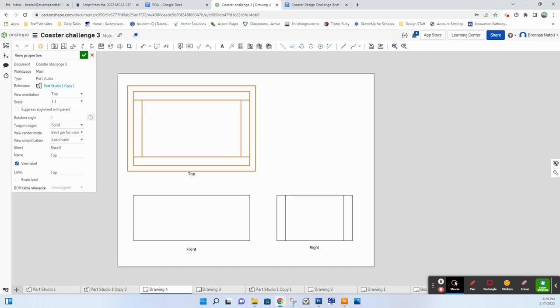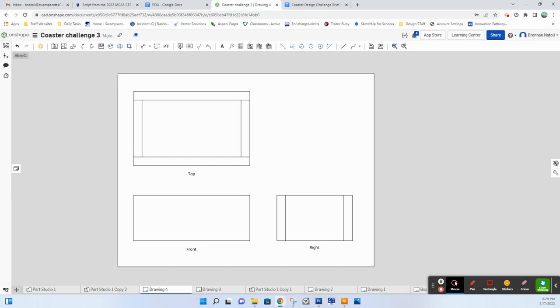So we have our top, our front, our right side. What I want to do is add another view. I want to add that isometric in the corner. I'm going to go up here on the top left where it says Insert View,